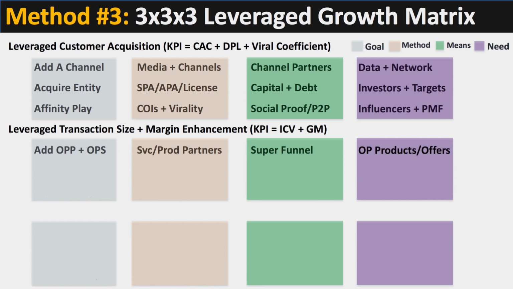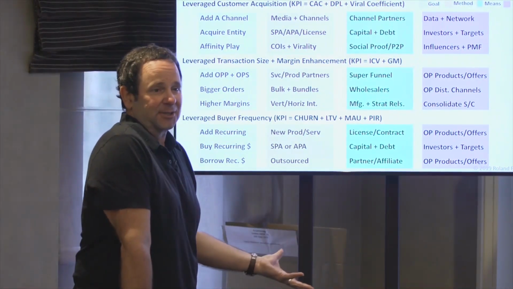So then the second thing would be just generally bigger orders. So how can you make the orders bigger? Well, selling bulk or bundles. So anything that you can offer them the ability to buy more than one of, do. Even if it's a gift, even if it's a t-shirt, it's amazing.